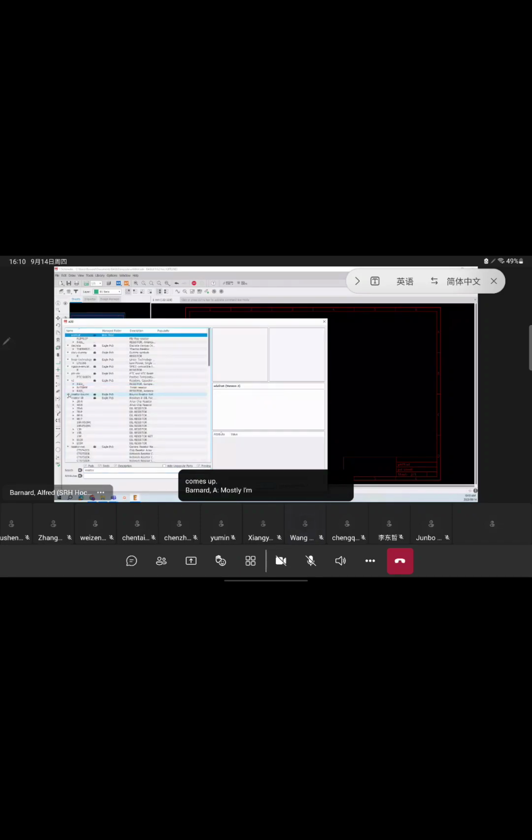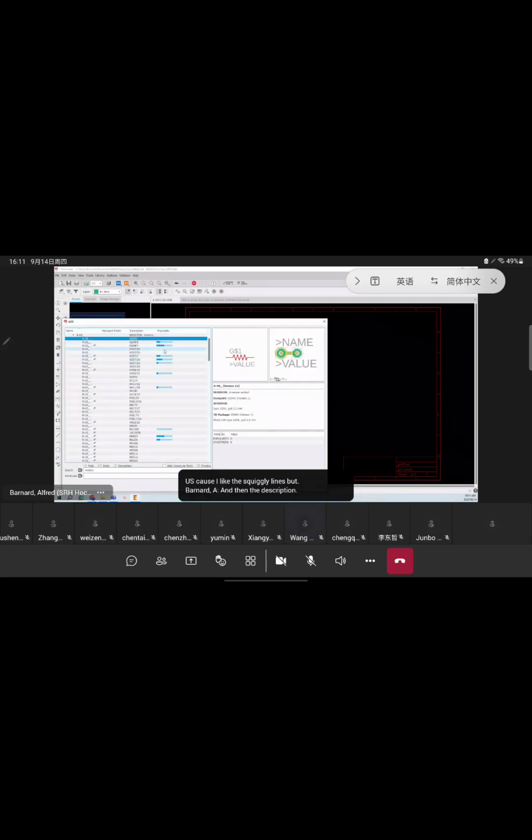Mostly I'm interested in my basic resistors, so either the US or the EU. Let's go with the US because I like the squiggly lines. And then the description has to do with the package of those resistors. So once again, this is the symbolic symbol of the resistor. And then the footprint, which is the